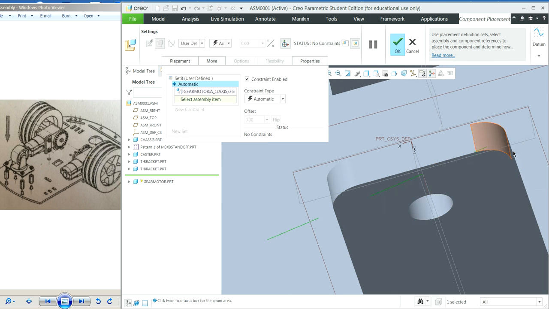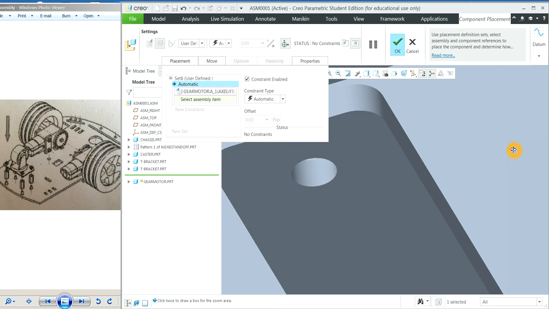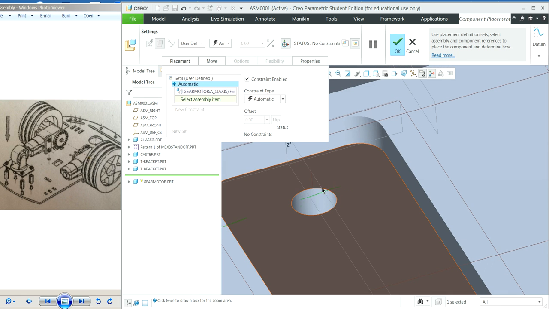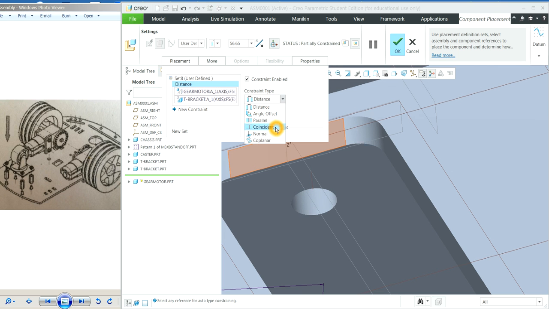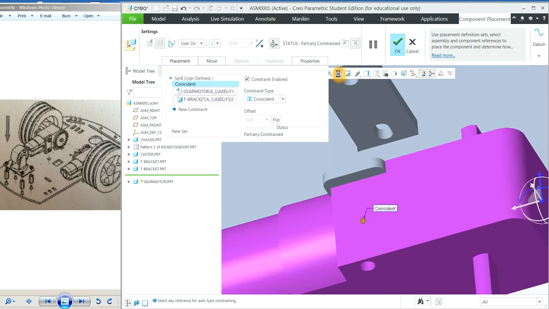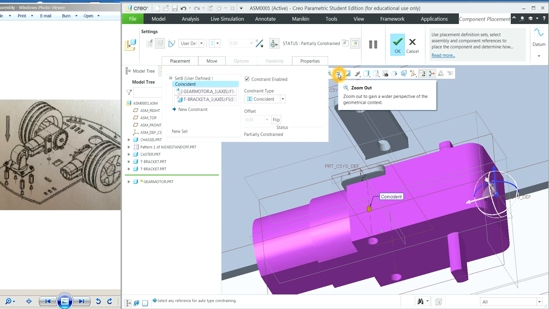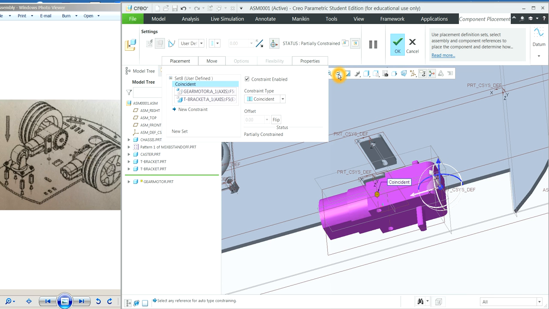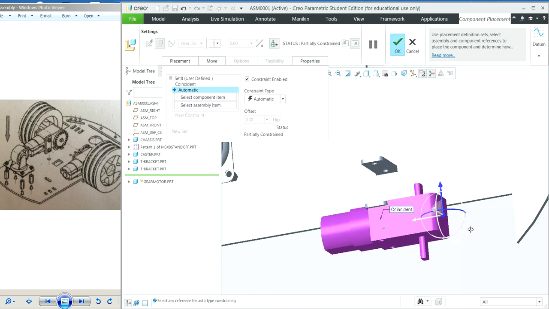This axis, let me rotate so we can see the axis, this axis. Make that coincident. Okay. The next constraint, we need to add a new constraint. We want to constrain